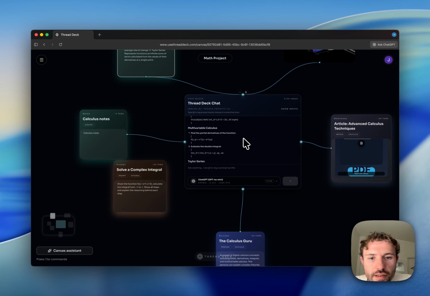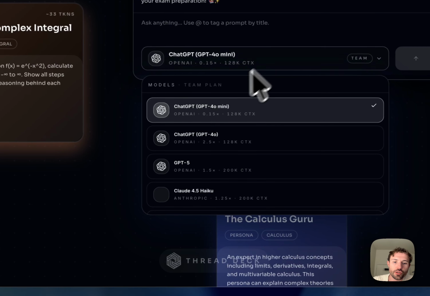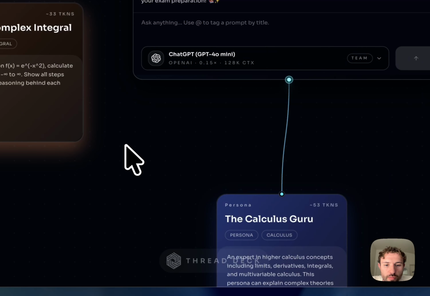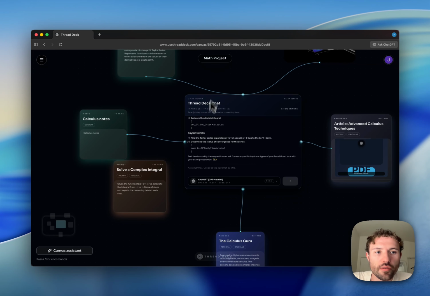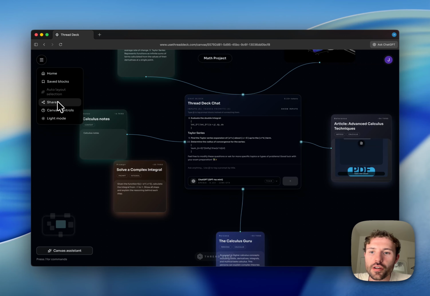So you can see it has given us a whole load of questions, exactly what we're looking for. You can also choose which models you use, so you can actually use some more powerful models here and get some better results. But here's one of the coolest things about ThreadDeck, and that is that you can share your